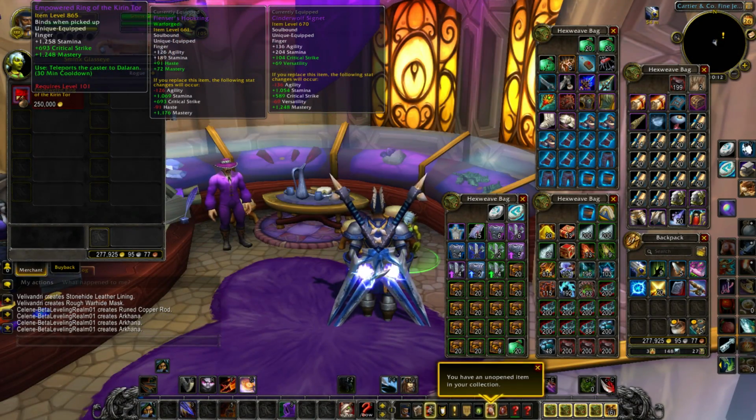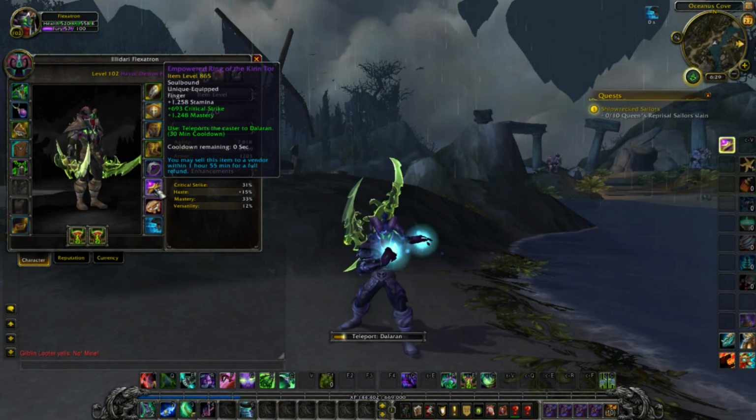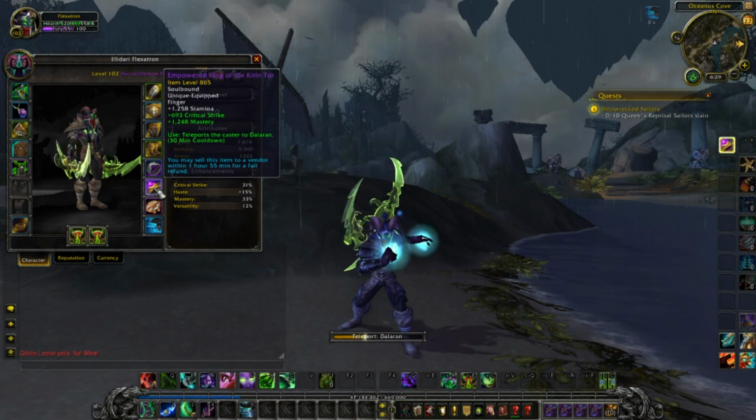Like I mentioned, it's item level 865, which is very comparable to the Mythic Dungeon gear, which ranges from item level 840 to 870 depending on your RNG with the Titan Forged roll. So in my opinion, if you're a raider and you want to get that head start on gearing up, this is definitely worth it. I'd say don't buy it solely for the ability to hearth, and that's because you already